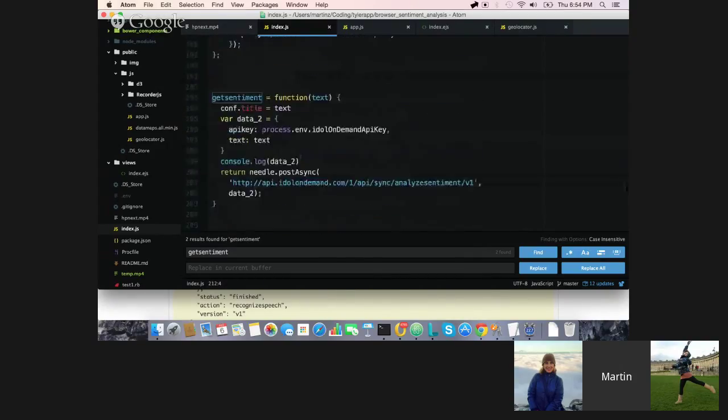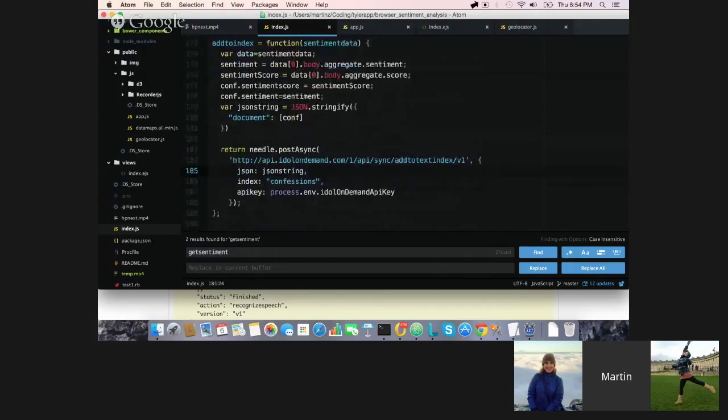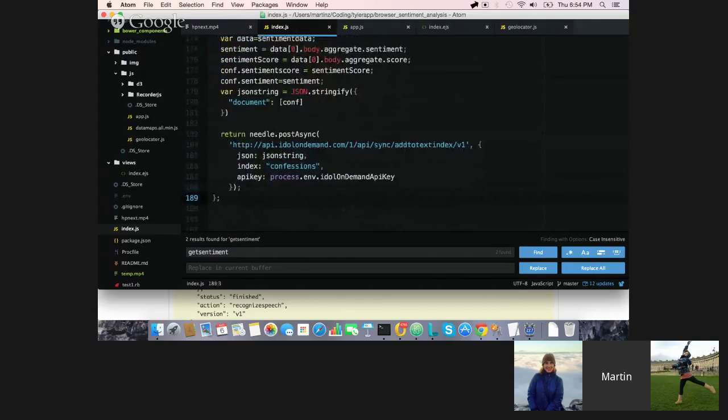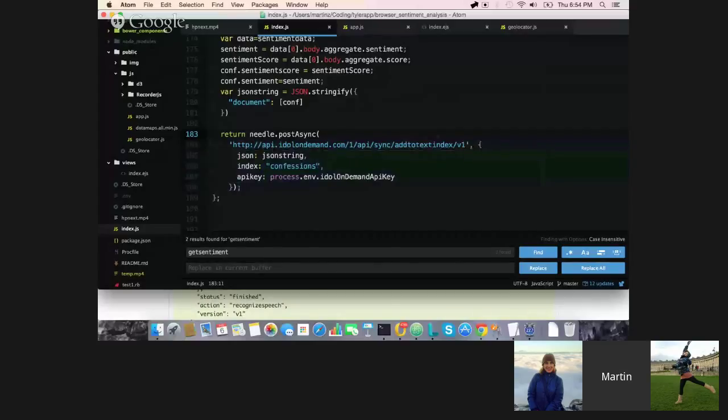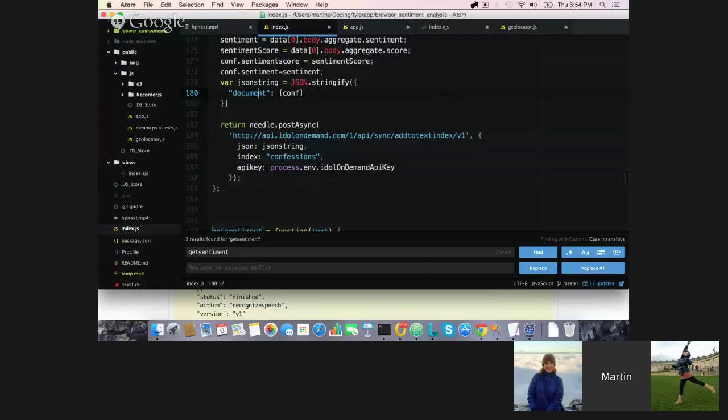And once I've done that, I'm also adding my comments to the index, so that if somebody else comes along and says something similar to what I've just said, they will see my comment being recommended to them as, oh, there's other people that feel the same way. So I'm using the add to text index API, which is the same as doing an insert in an SQL database, for example, except I'm passing it JSON, a JSON document. So even easier than using SQL, as well as the index, which is the table that I want to insert